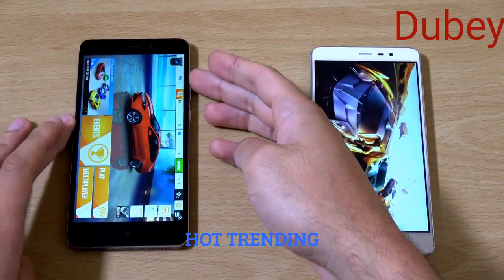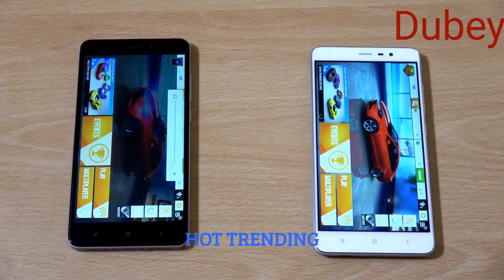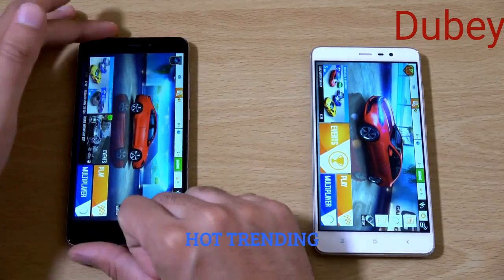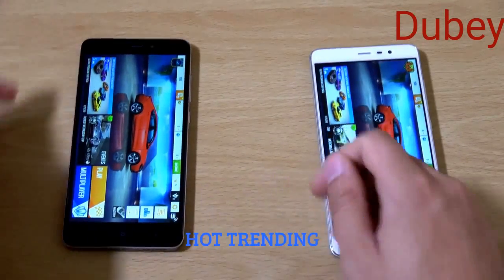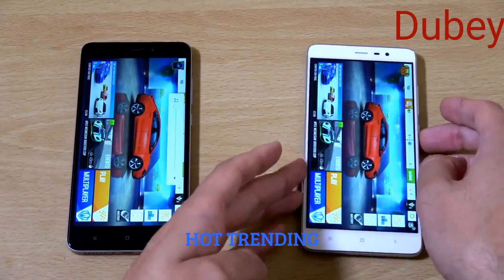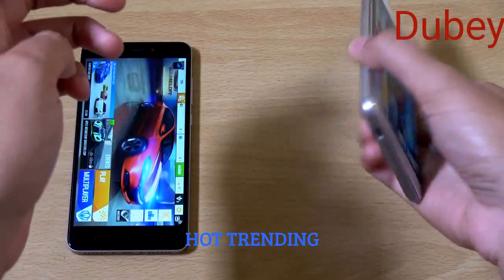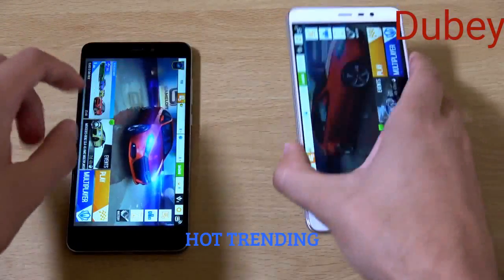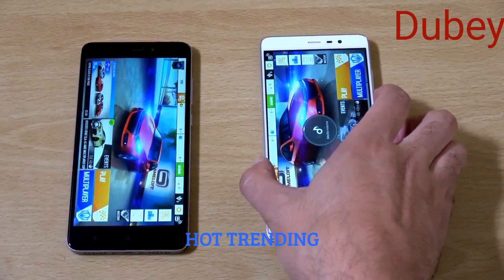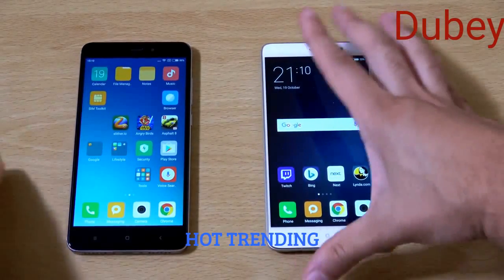Let's just check out the speakers on both of them. So it's just one speaker. I hate it when manufacturers do that. They put two speaker grilles there, but it's actually only one. And where's the speaker here? Ah, it's on the back. So I guess it's in a better place, but I think generally if they're having two, they should have two outputs. It's really